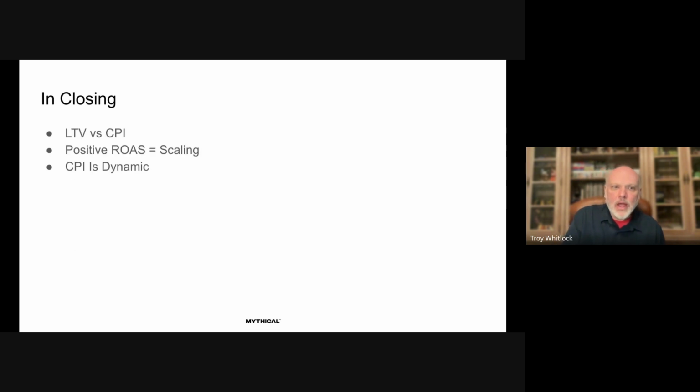All right. In closing, the core of your business boils down to this basic balance between cost per install and lifetime value. And many development teams focus very heavily on optimizing lifetime value without really grasping the critical role that cost per install has. Because it's not just about how much users are spending, how much money you're making, but it's about how much it costs to acquire them. And this is no joke, right? Games on the web, for instance, because you can't drive installs through Steam, even games that would cost $1 or $2 to install on mobile could cost $10, $20 an install